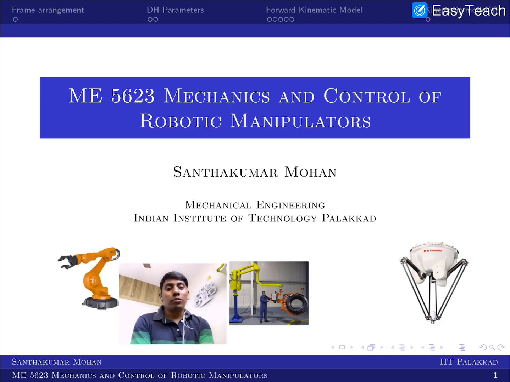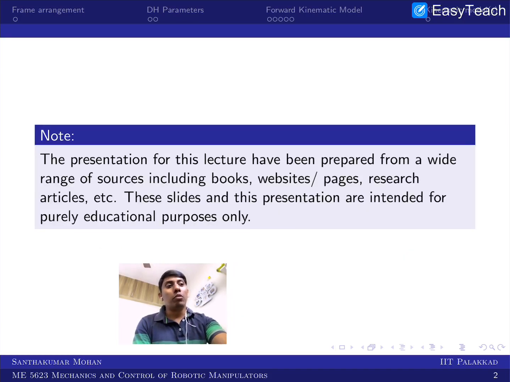So in the last two classes we were talking in more depth about robot kinematics. Specifically, we have worked with the help of Denavit-Hartenberg parameters, and we have seen how to arrange a frame and all those things. This particular lecture is a very short video. We'll see one simple example, and see how everything can be taken forward towards robot kinematics with the help of Denavit-Hartenberg. So in that sense, we will go a little further.